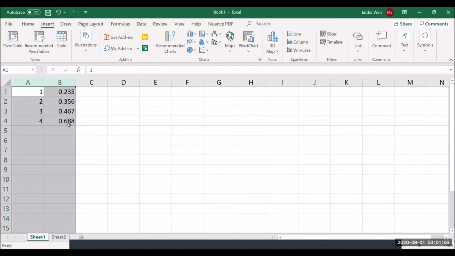So we first open the sheet. In sheet 1, I type in numbers. Column A is for X, the data for the X axis. Column B is for the Y axis. And then next,